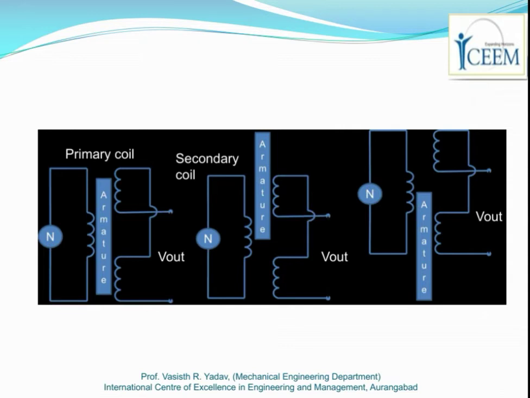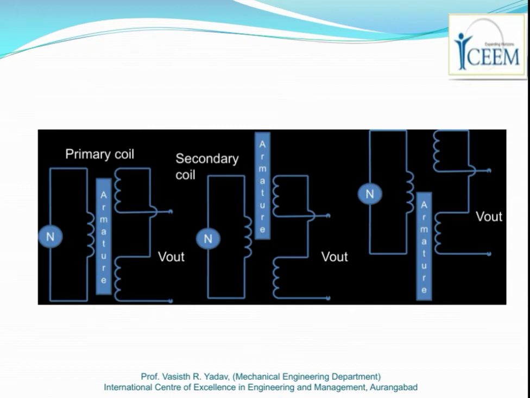Due to an alternating voltage input to the primary coil, alternating electromotive forces, that is EMFs, are generated in the secondary coils. Due to the alternating input to the primary coil, an EMF is generated in the secondary coil; both secondary coils will generate an EMF. And why will this EMF get produced? Due to the alternating current in the primary coil.